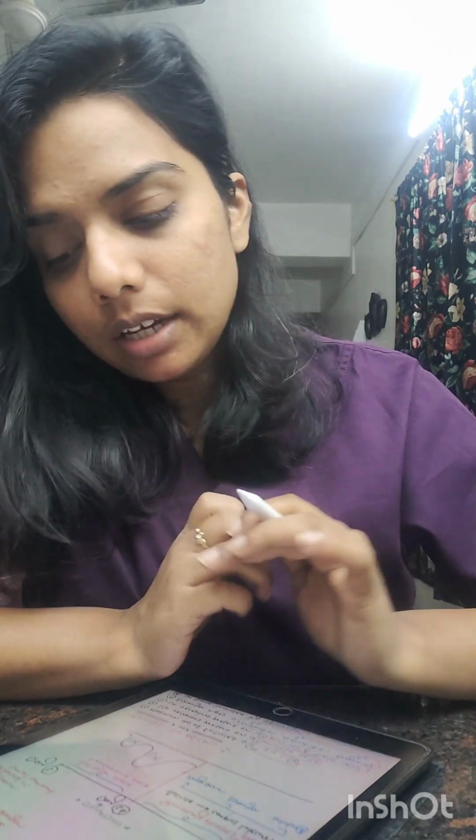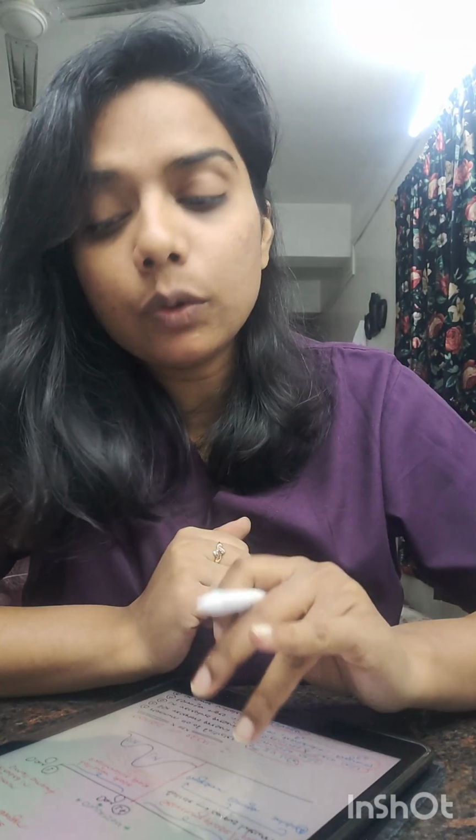Okay. Now the second action of the LH. LH is going to act on the theca cell, and it is going to secrete the androgens. So the androgens in a female body are going to get secreted under the effect of LH, guys. Okay. Now the third thing is that when the amount of LH crosses 200 picogram